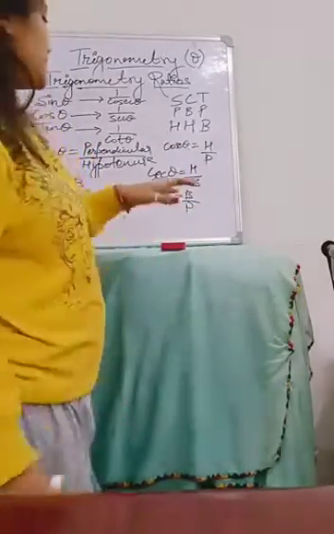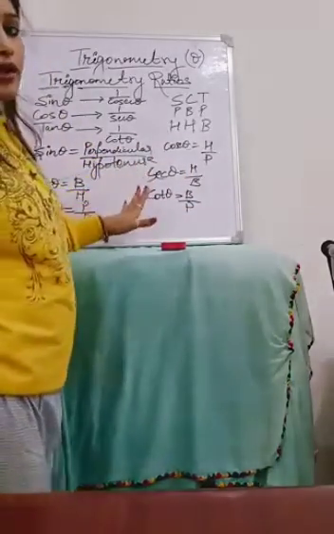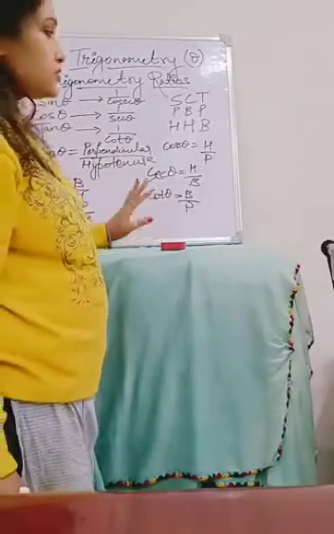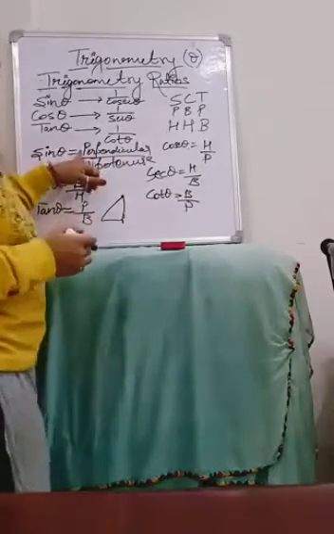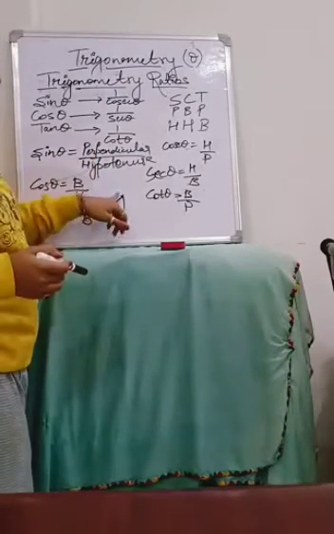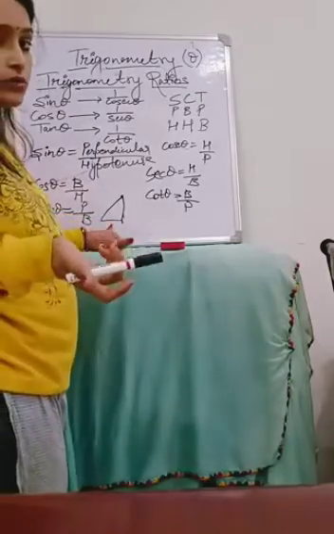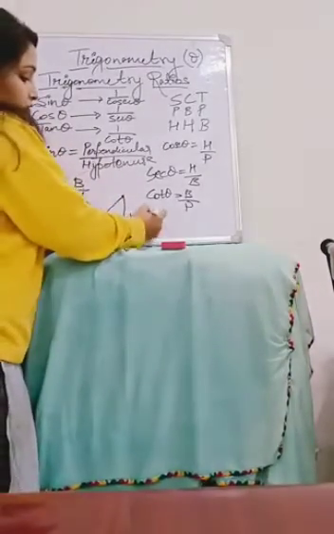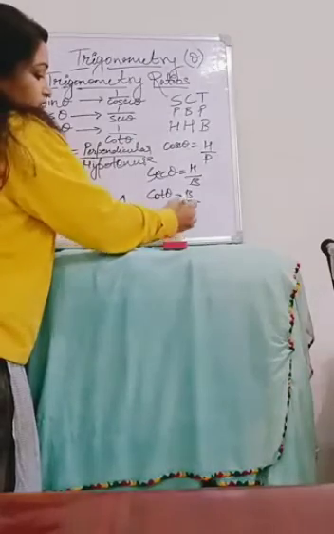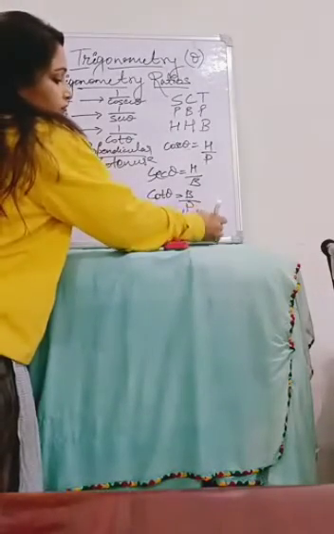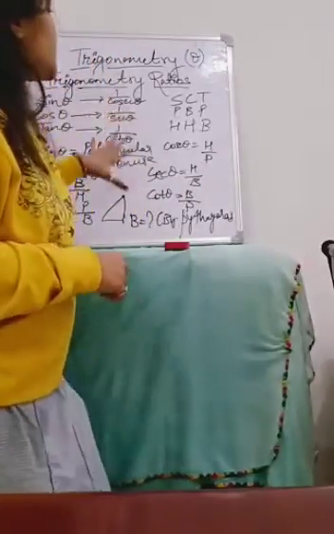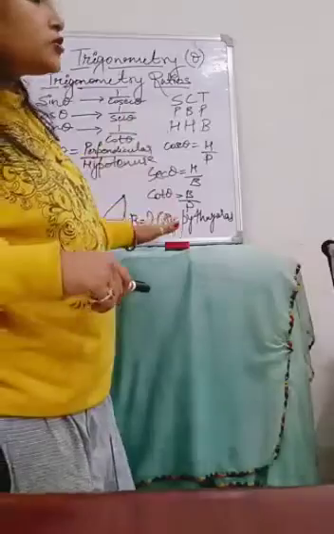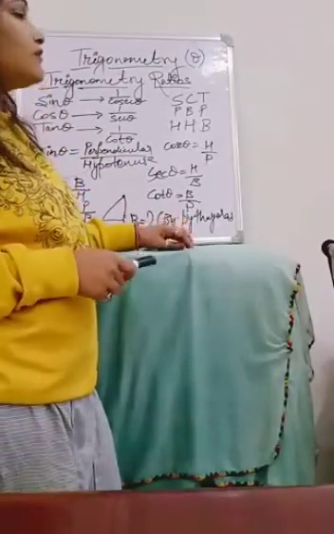Did you get it? By this formula we can also find the sides of the triangle. If sometimes the perpendicular and hypotenuse are given, how will we find the base? The base will be found by the Pythagoras theorem. Yes, this is the use of the Pythagoras theorem in trigonometry. I hope you all understand the role of trigonometric ratios: to find the sides of the triangle, and trigonometry will find the sides and the angles.